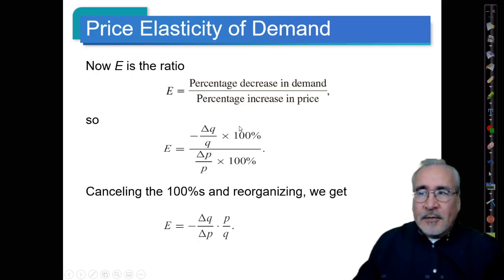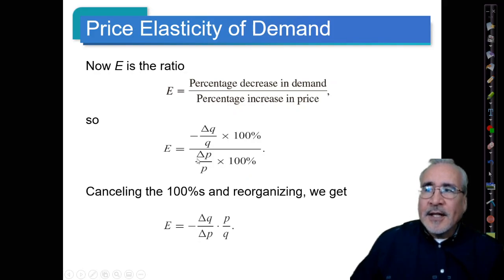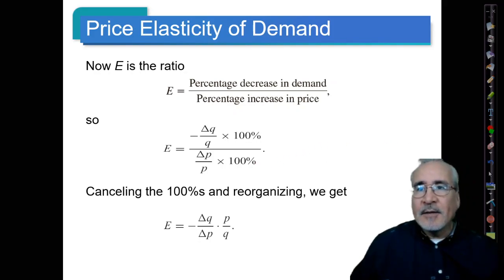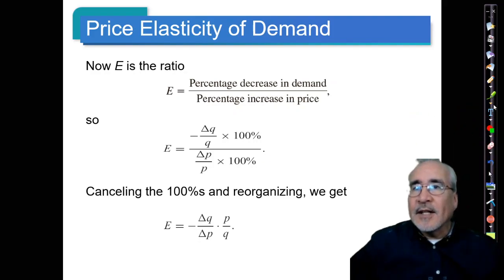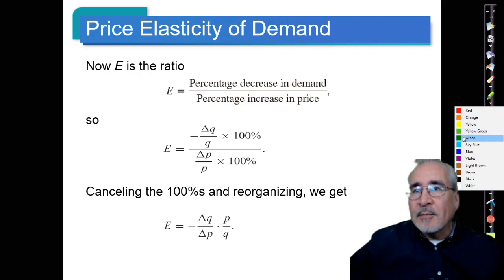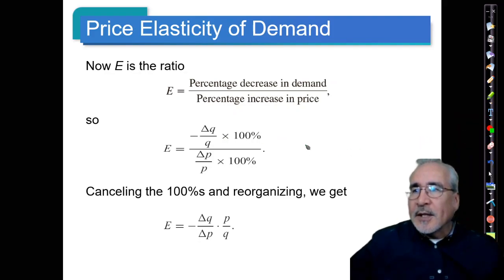You do some simplifying, the hundreds will cancel out, and these fractions flip: you flip and divide. We can show all of this, but this is not necessarily the lesson itself, it's getting to the important part, what we're going to use. So what you end up with is